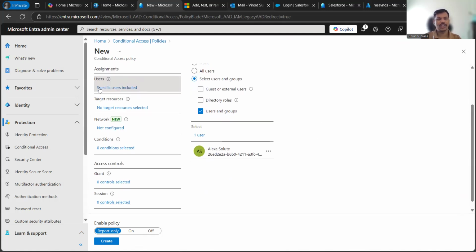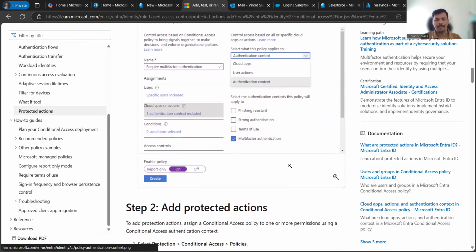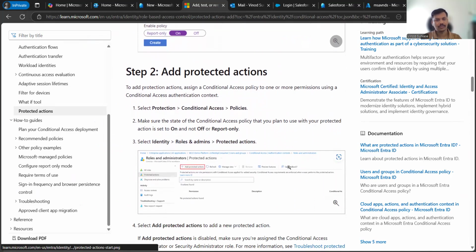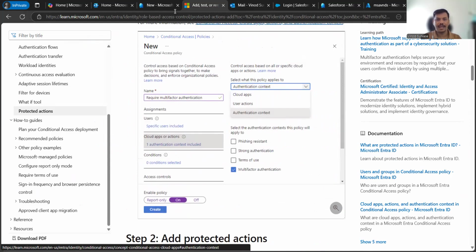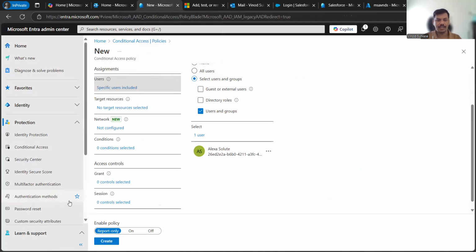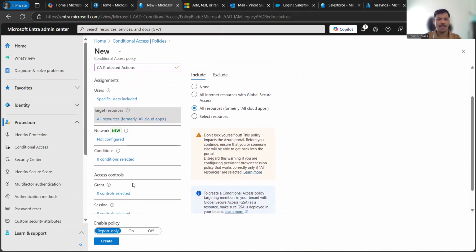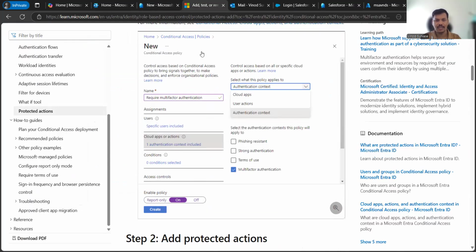So under the users, I need to select the appropriate group there. Once we select that one, under the client apps and status or under the targets, from here we can select either all apps or whatever it is, right? Because that is not really necessary here, but still we can select other conditions as well. But the main part of this is that